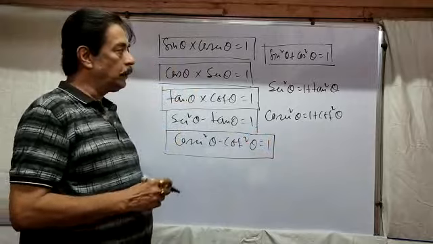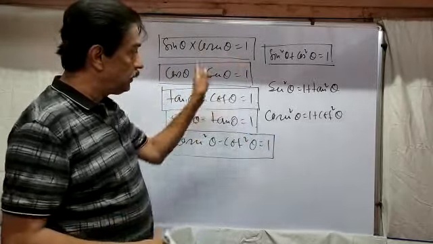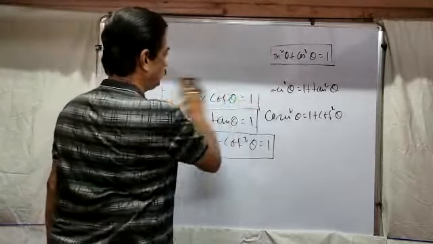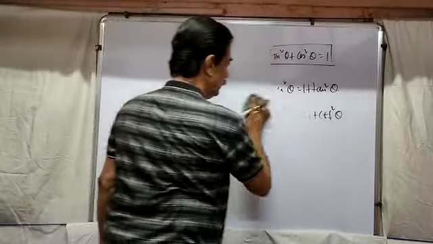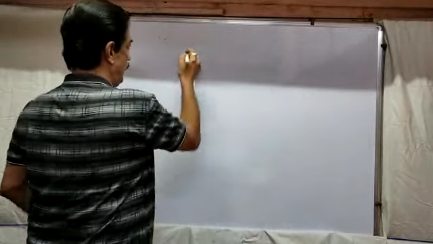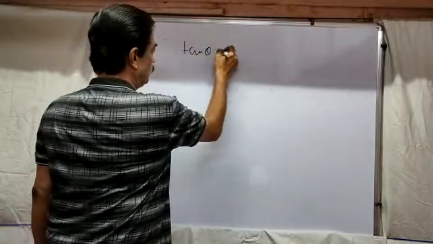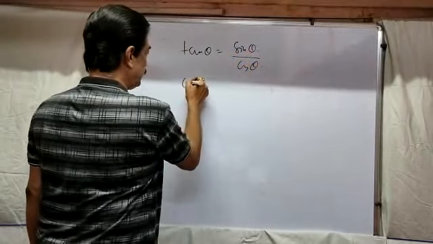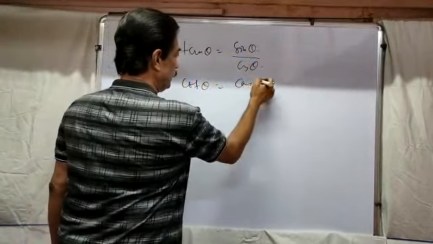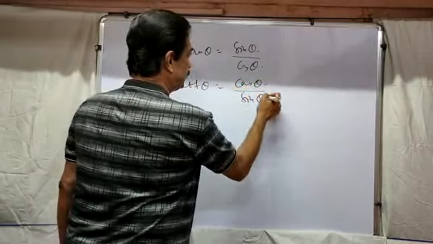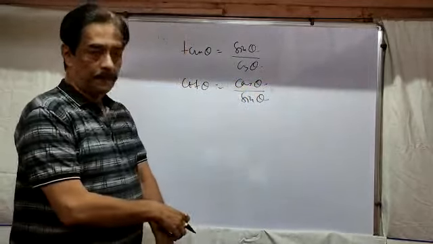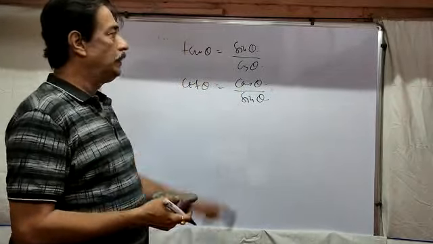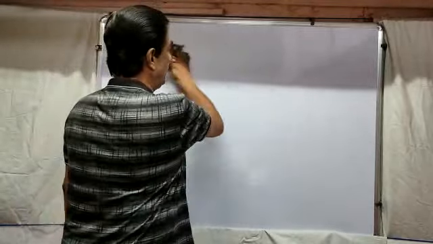Now when we want to go for elimination, we can use the elimination formula. In future I will apply this. Next part, tan theta, we know the value is sine theta by cos theta. Similarly, cot theta equal to cos theta by sine theta. Now remember, your syllabus is 9-10, but you have to apply very fast. First of all, recapitulate the formulas. Then we will move on to how these formulas can be applied in your examination questions.